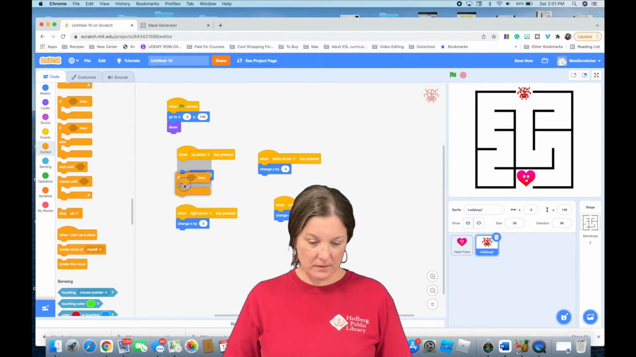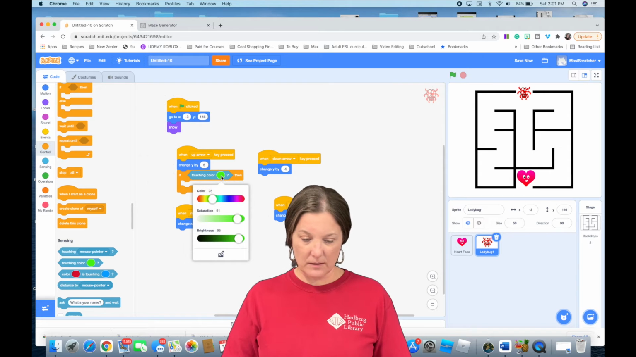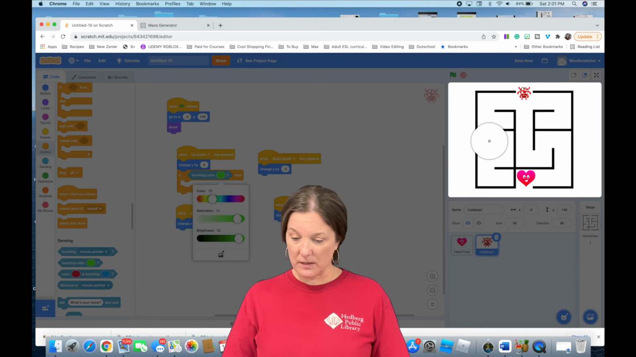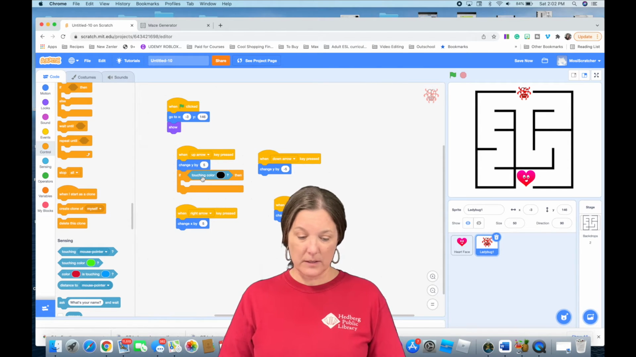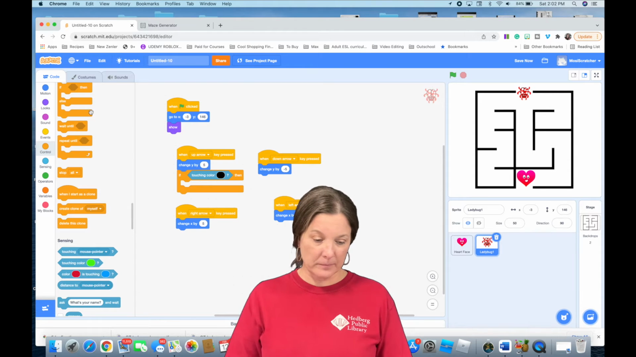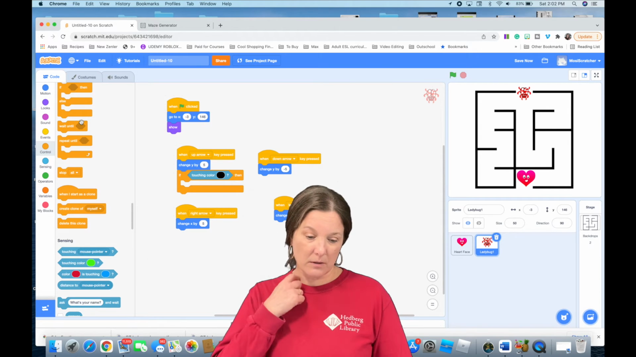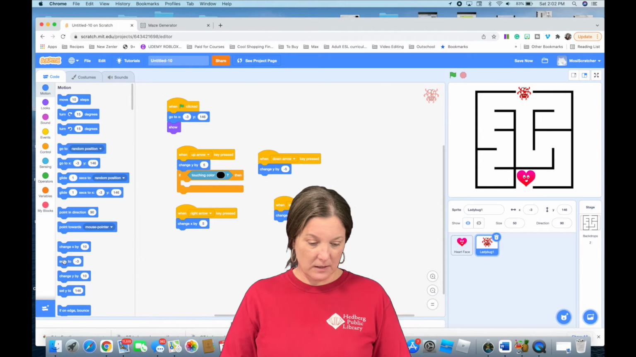If, go to sensing, if that ladybug is touching what color? The easiest and sometimes the fastest way to choose your color is to use this eyedropper, and that's the exact black color we want there, right? So if the ladybug is touching the color black, what do we want to happen? We could have the ladybug go back to the beginning, right? So we could code that same go-to location and we could start over, but I'm going to actually change Y